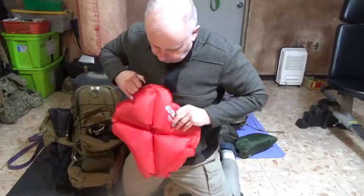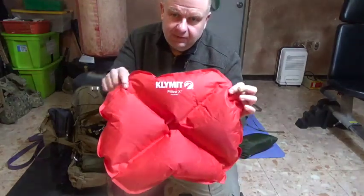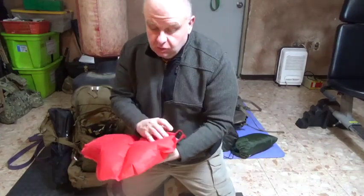You can blow it up a little more, of course, but it kind of makes that X pattern. It's okay. Yeah, the Pillow X, so it's your pillow. It's okay. This is like nylon here, so your head tends to slide and stuff. I found some Korean brands for like